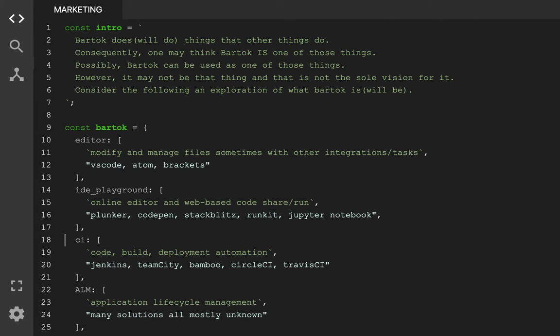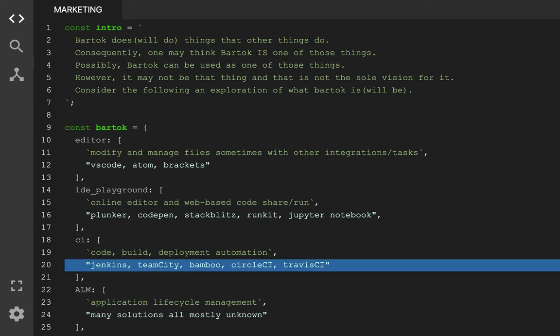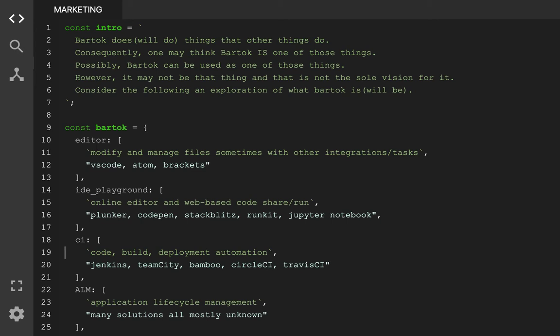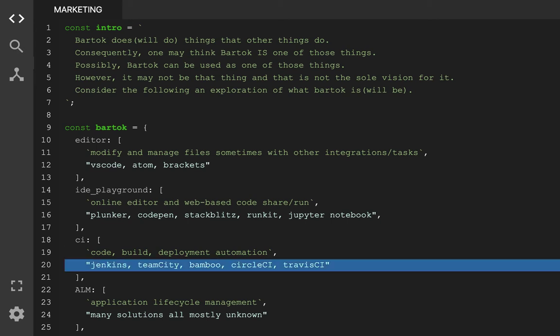So let's look at other things that do deployment. Jenkins, TeamCity, Bamboo, CircleCI, Travis CI. These are all based around the idea that you can set up a particular flow for your code, so that whenever your code gets checked into a particular place, some system runs in the background, builds it, tests it, and then decides whether or not it should actually go to production. Yep, gonna have some of that in there, and it's not quite there yet, but just wait and see. But that's not the whole point of this. It is part of it.